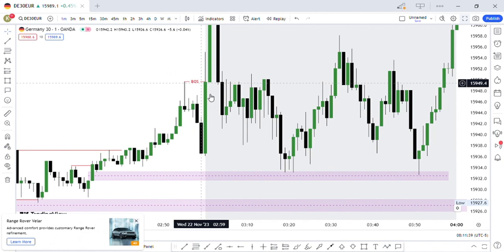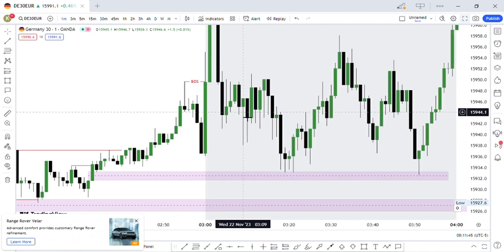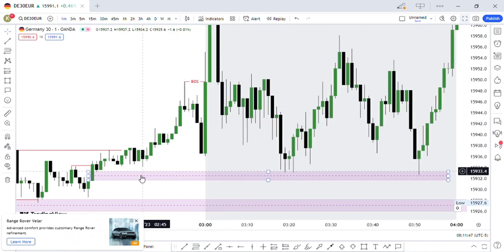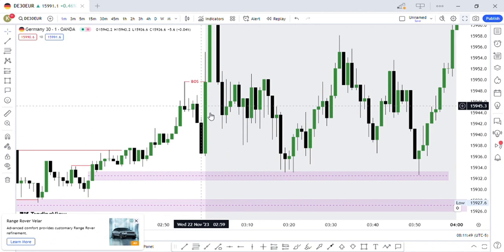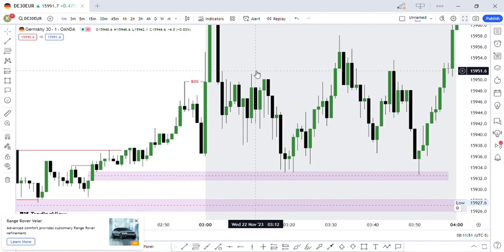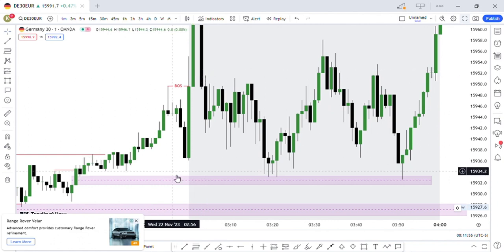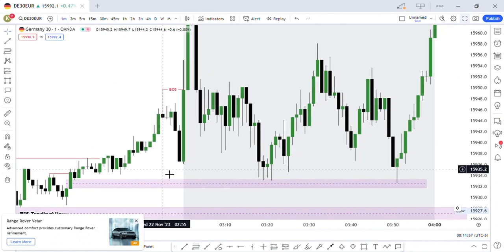This one does not count because it's a trap. This one will act as a trap if you take your trade from anywhere here without recognizing that there's a fair value gap down here. The market will give you a little bit of profit before taking off. So the market went up, and we expect the market to come into this fair value gap before going down.